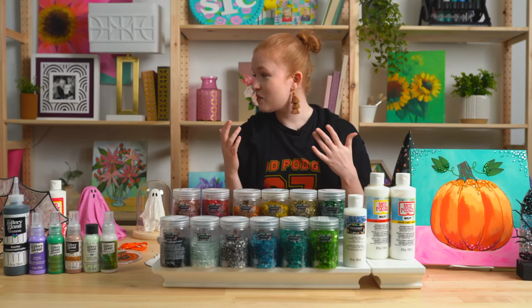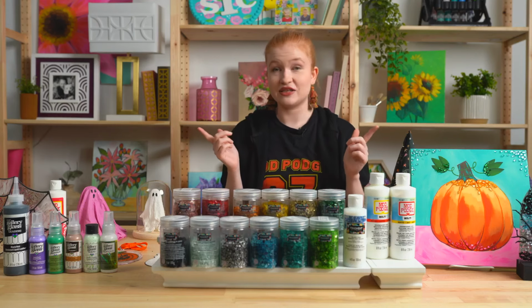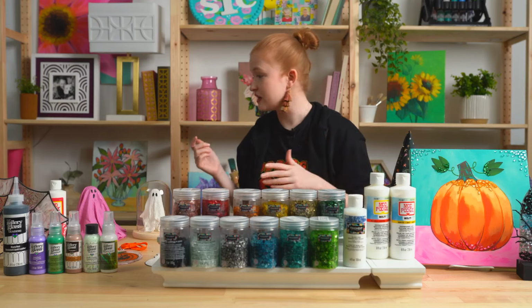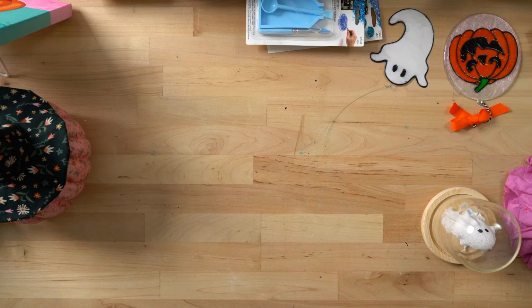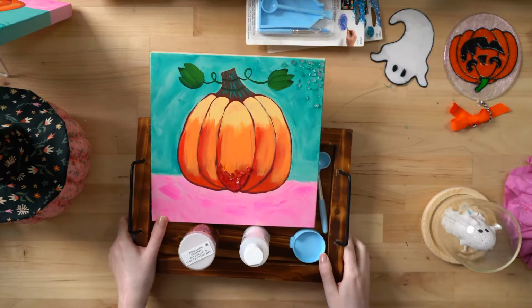The next thing I want to talk about is our Fragment Effects line. This is a brand new product that we released this year. It has lots of goodies in the line that I want to talk about, but before we start,